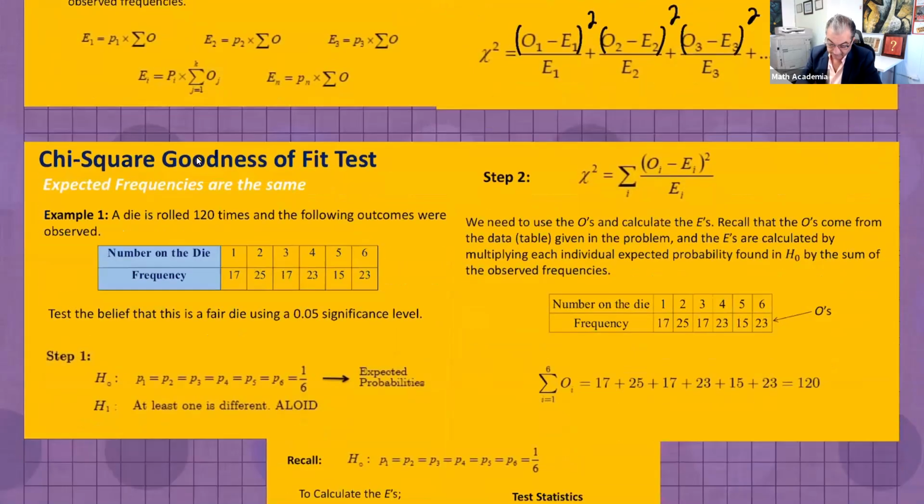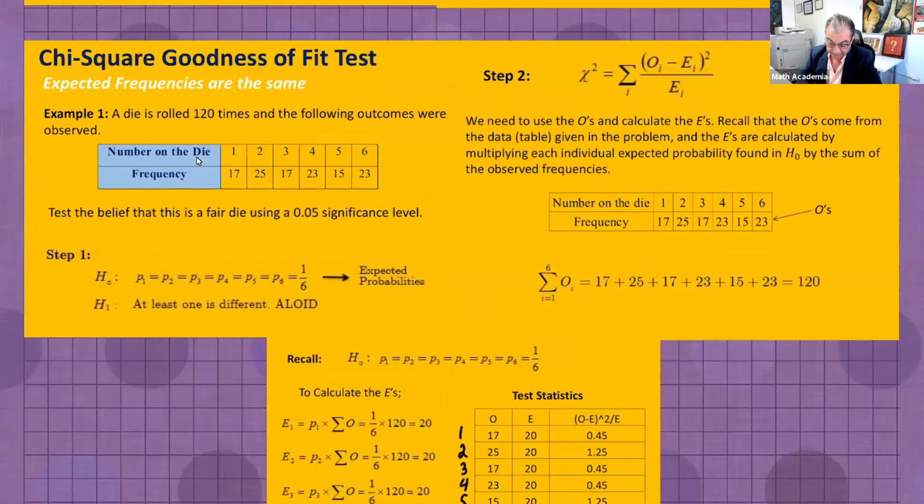Now, what is a fair die? We know a die is fair when the probability of each number is the same and it's 1/6. So you write H0: P1 equals P2 equals P3 equals P4 and so on, and that equals 1/6. H1 is going to be at least one is different from the rest. That's how you write it. So step 2,